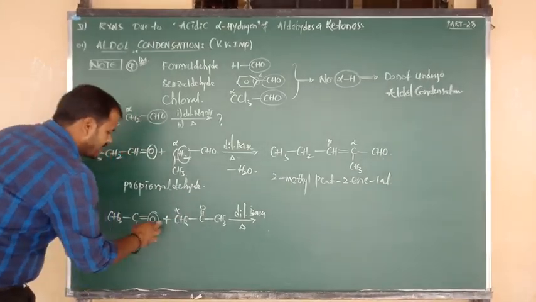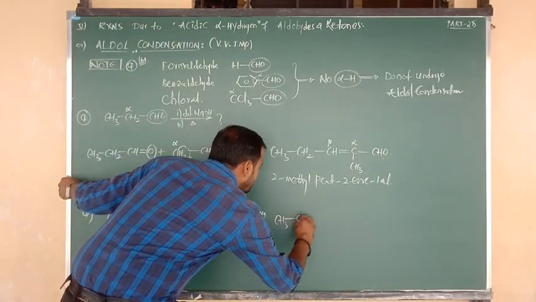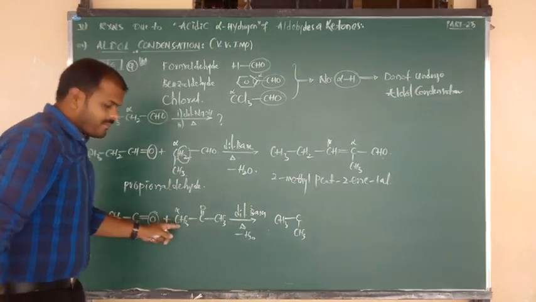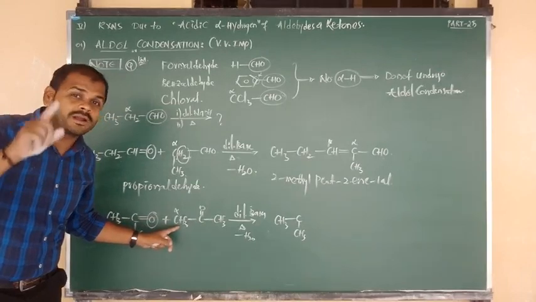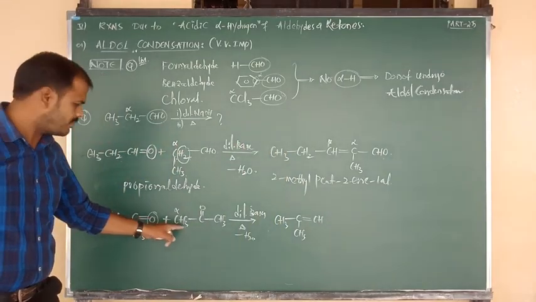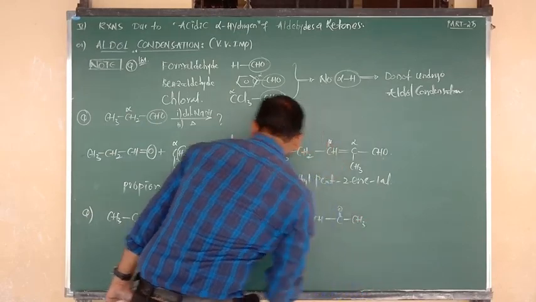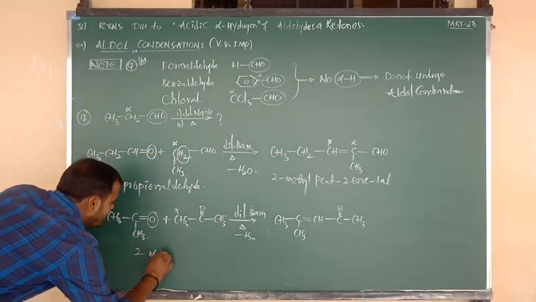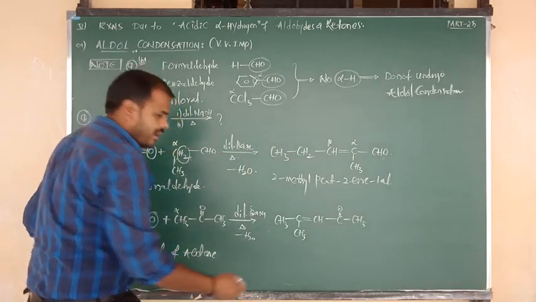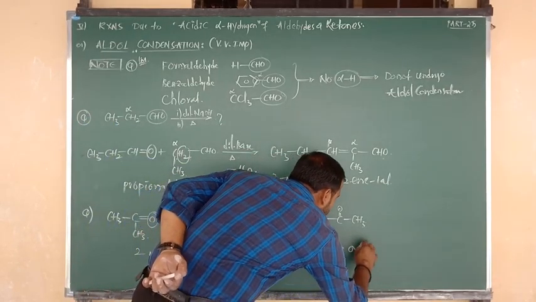So from here H2, from here O, we can remove H2O, remaining CH3 bonded to C. Below the plane CH3 is there. I have written below the plane CH3. C double bond. From the alpha carbon 3 hydrogens are there, but we have removed 2 hydrogens, the remaining is only CH. Yes, I am going to write that CH. C double bond CH bonded to C double bond O, CH3. So what is the name of this compound? From 2 moles of acetone, it gives the final product. Already I have told you briefly in the above example, that is nothing but mesityl oxide.